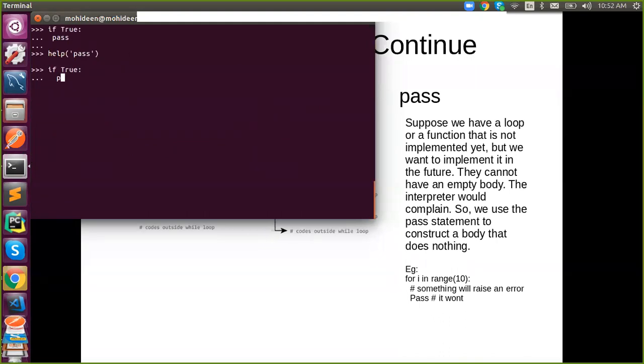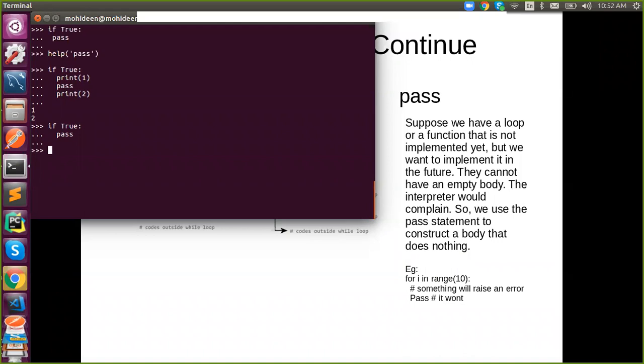If you say print 1, pass won't make any changes. You will get both 1 and 2. Pass doesn't make any changes. It is just to fulfill your code syntactically, so your code never raises any error. That's why we use pass. Pass is a null operation. This will help you fulfill your code syntactically. That's it. Simple. Got it?